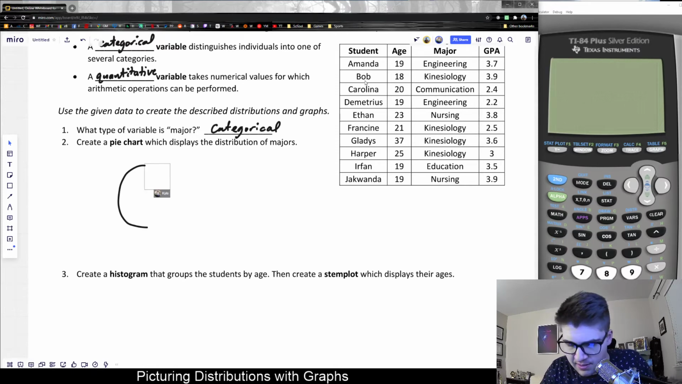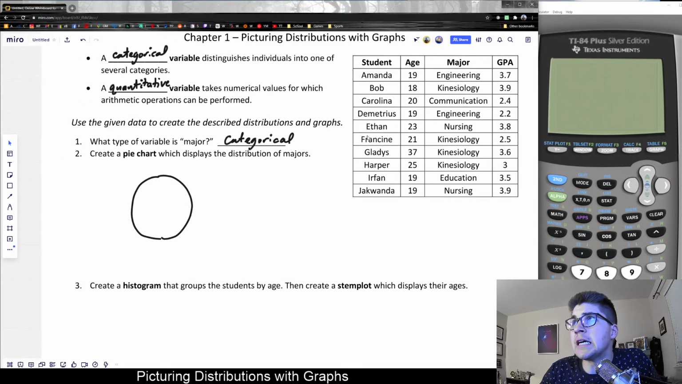Oops, that's not so good. Let me try to do a little bit better there. And what I would first do is count up how many objects we have. In this case, there are 10 students, which is kind of a convenient number for math, and just say, well,